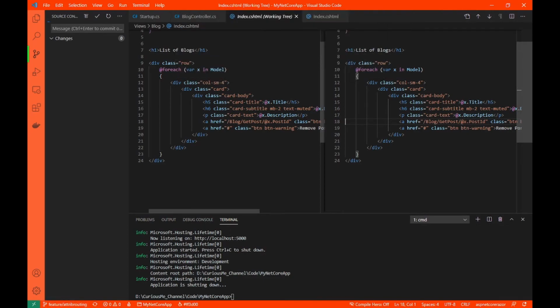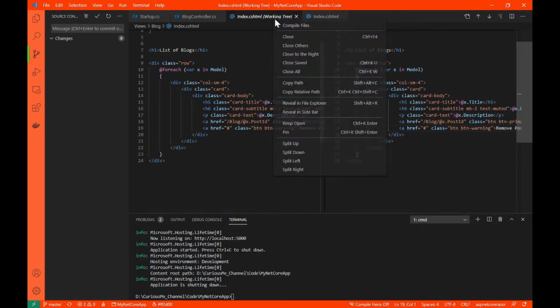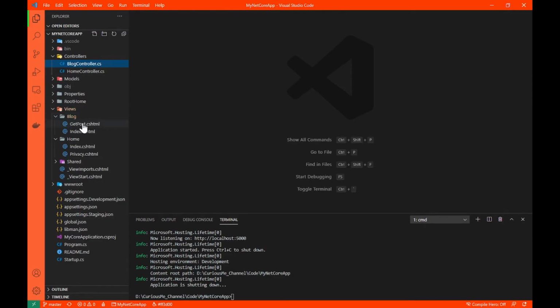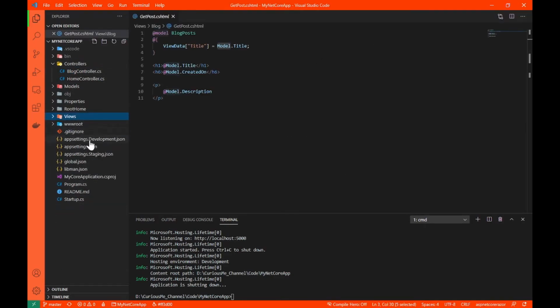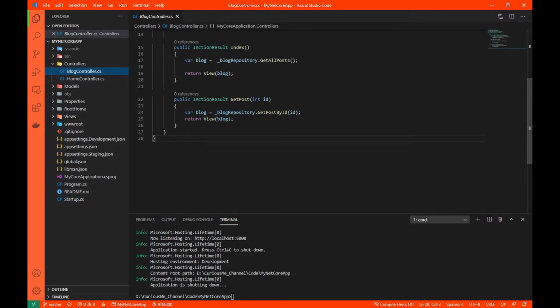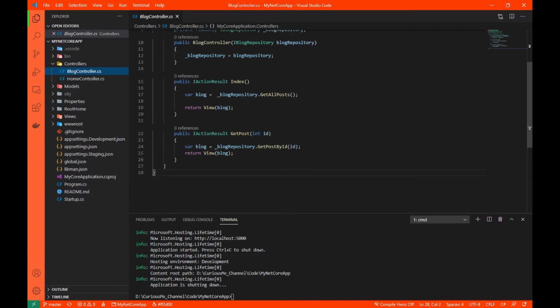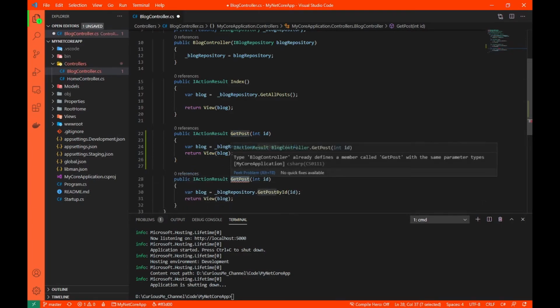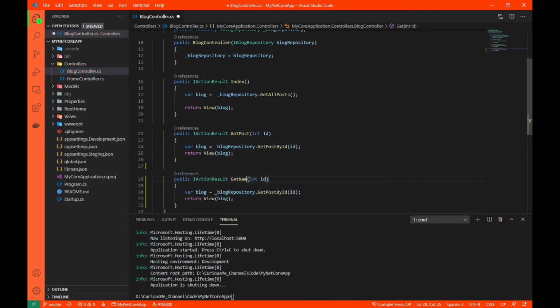So let's go back to our original master branch where we don't have all these changes. Let me close all and let's explore our file. So now blog. Okay, so basically what I'll do is I'll go to my startup file and leave everything as it is. Okay, now let's go to our blog controller. Let us quickly write a method here. Now what I'll do with this method is I'll write here Get(name, ID).